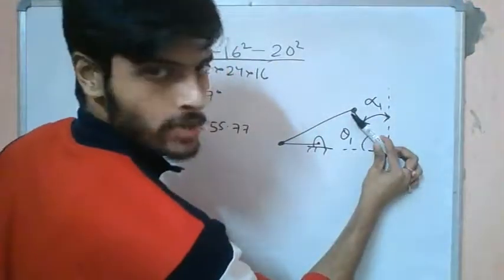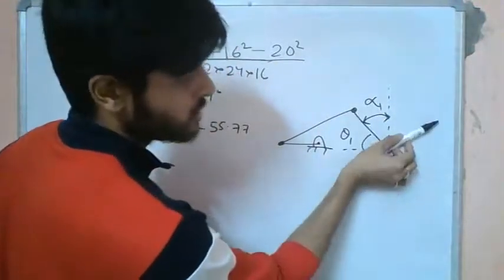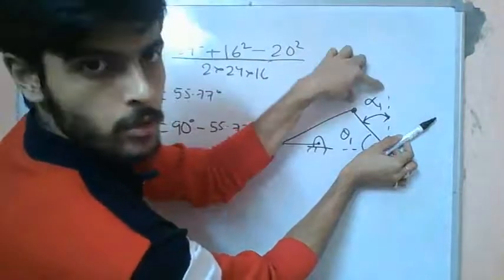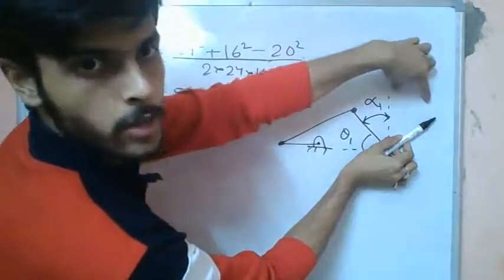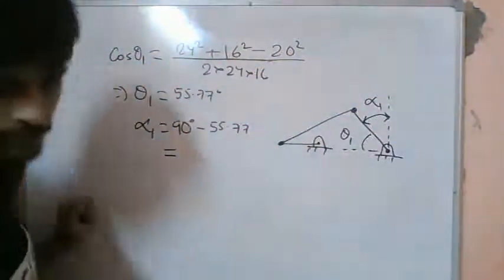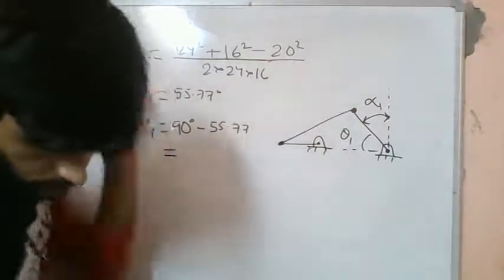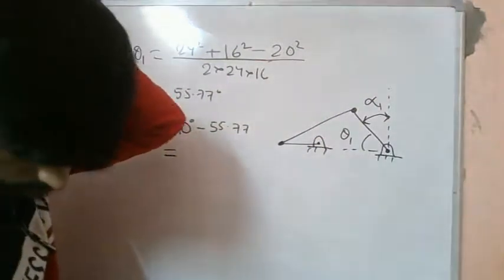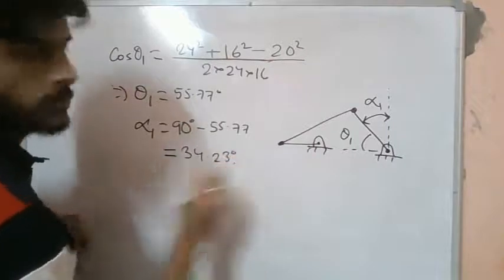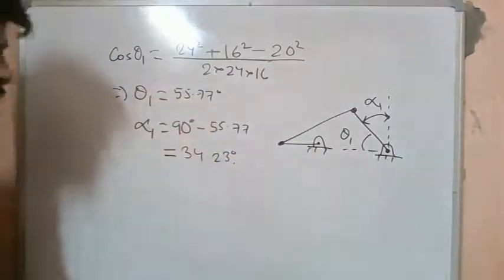Okay, this is one of the extremities. Another extremity will be this one. So this total angle will be the angle of rock. So half part we have found out. The other part we will find out from the other extremity. Okay, so this is equal to 90 minus 55.77, which is 34.23 degrees. Okay, this is 34.23 degrees. Fine.